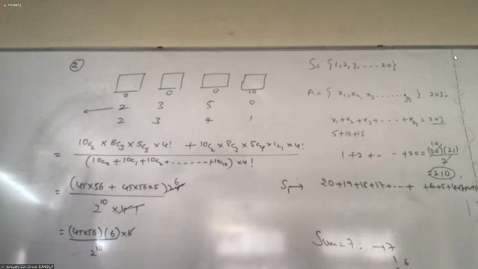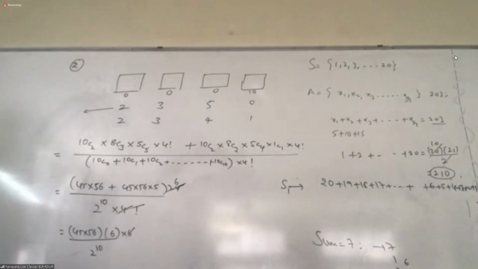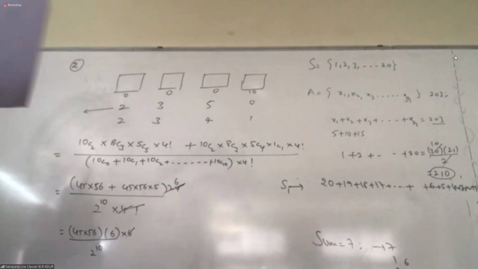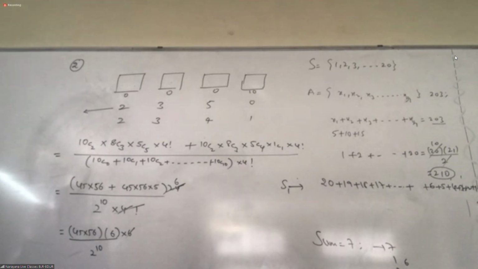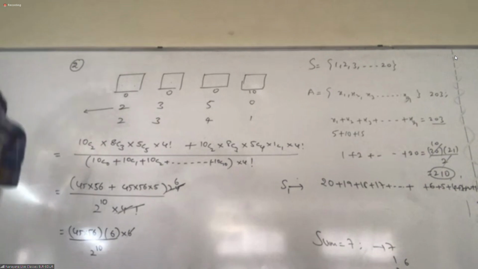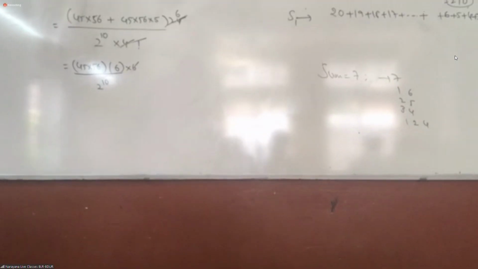Good ideas, all these questions. If you have this kind of idea, then obviously, see, even I'm doing this for the first time. If you go through this type of question, then only you will get some ideas in the examination. Not like 203, if they ask something else also, we can calculate. First, what I thought is it goes with the number of solutions of the equation x1, x2, x3. But they are asking for a subset. Set they are asking means you are not supposed to double. You should not repeat. Subset means no repetition of elements, right, in the subset.